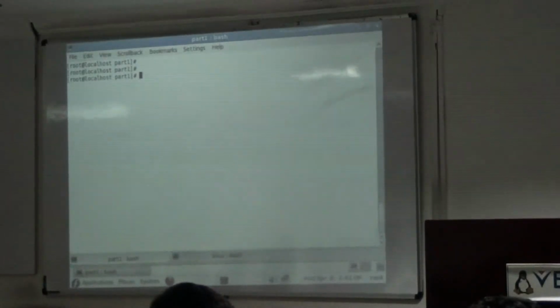Okay. So how to do that? Very simple. A simple tool called mknod. mknod is a tool using which you create files in tempfs. Tempfs is auto-mounted on a folder called /dev. So you need to create this file in /dev. /dev is a mount point of this file system called tempfs.